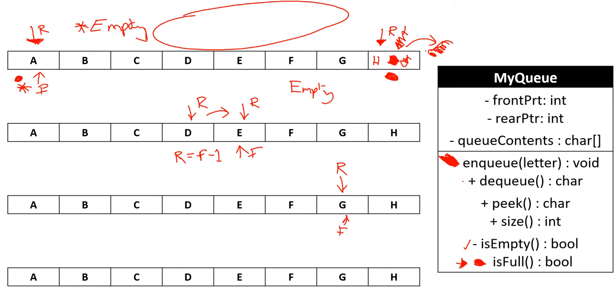Dequeuing, we will have to make some changes because of the situation where the front pointer is here. Let's just say that the rear pointer is there. So once we dequeue the H, so we take a copy of the H and then increment the front pointer, well, that's pointing to nothing now. We need it to wrap around back to the start. So we'll need to do an additional check to make sure that the front pointer can,